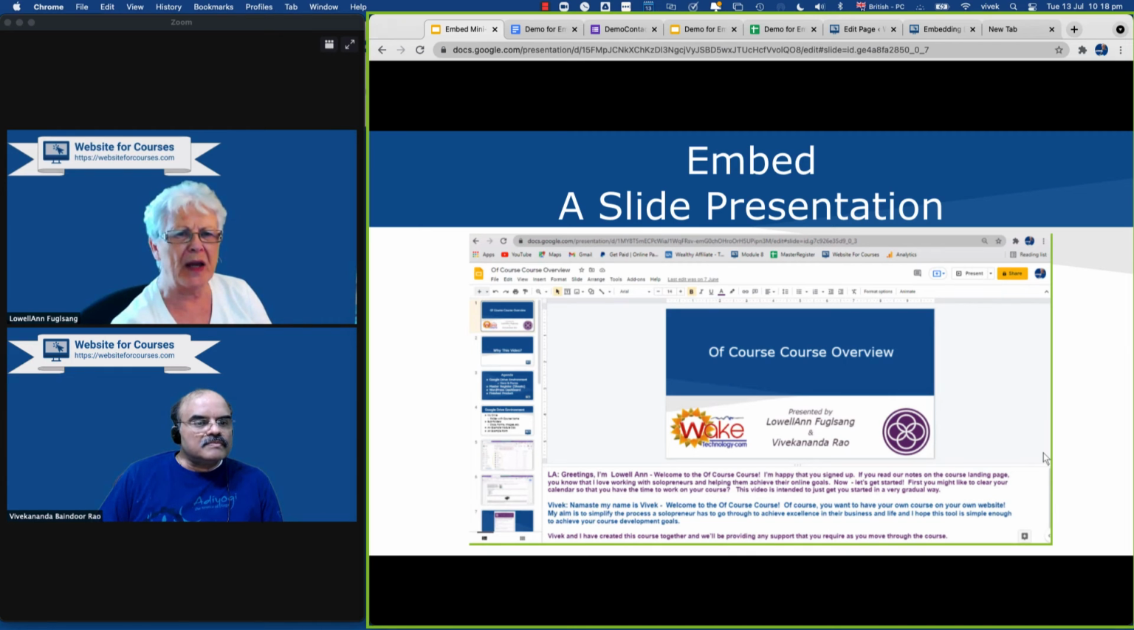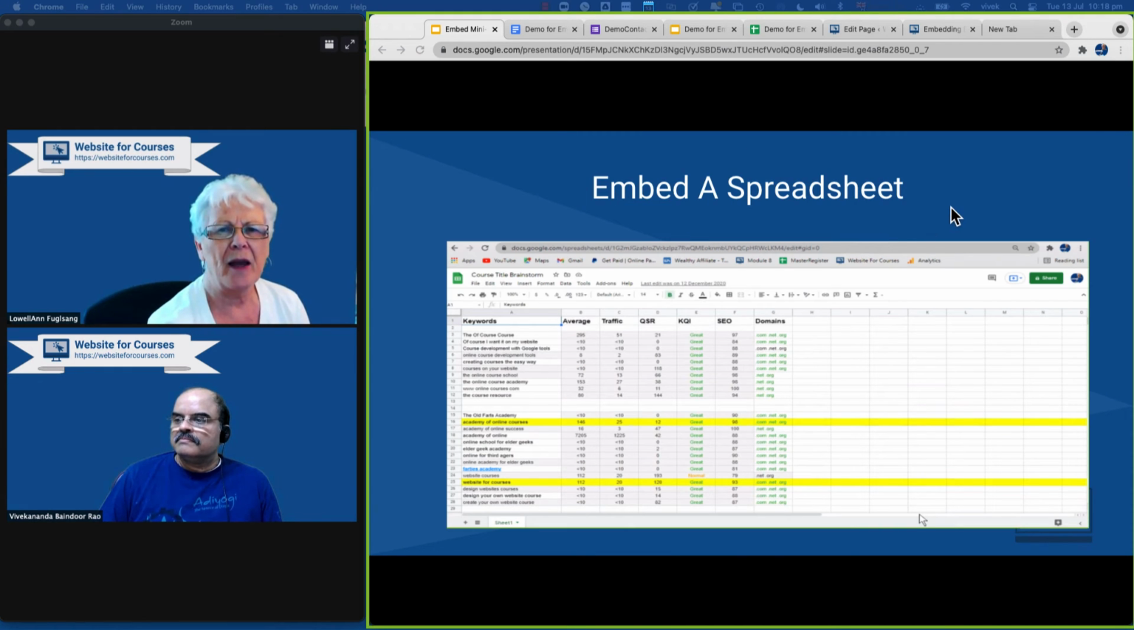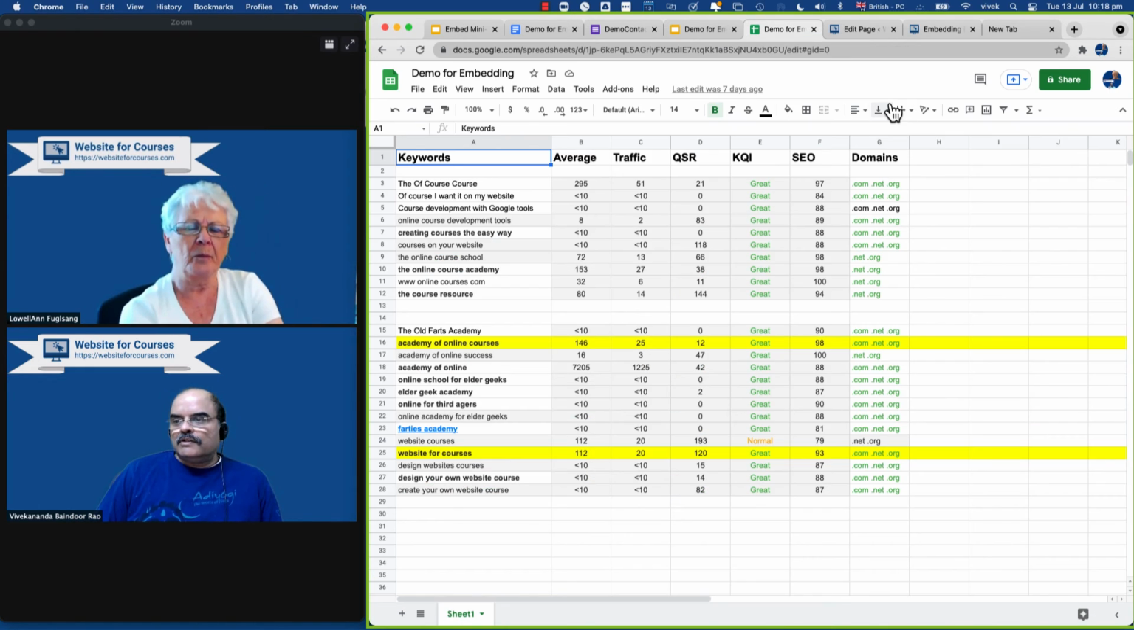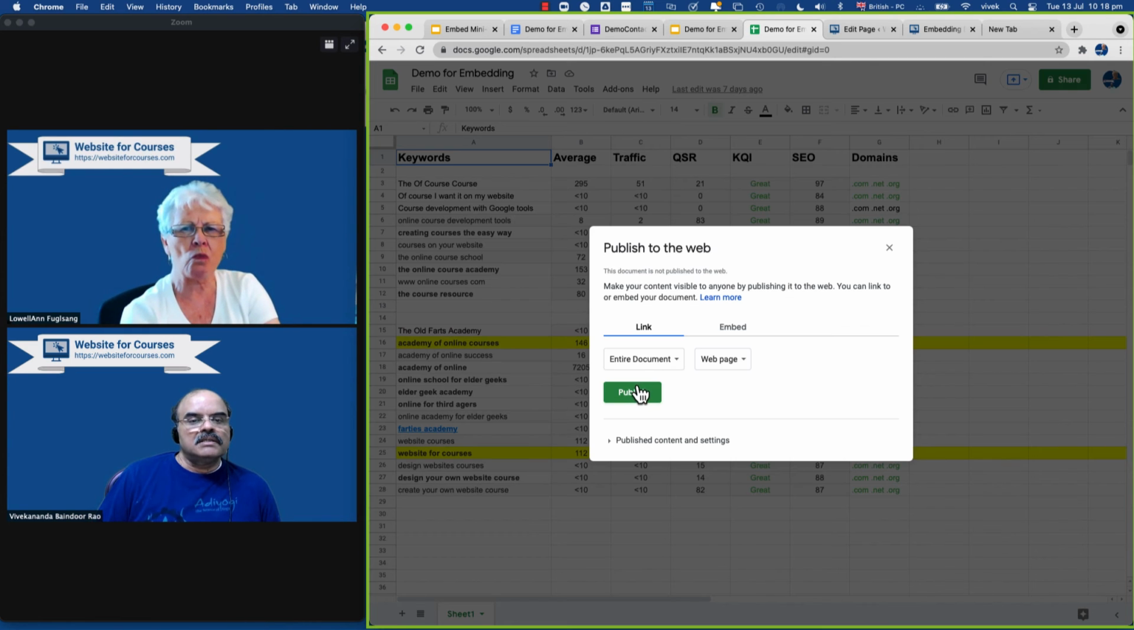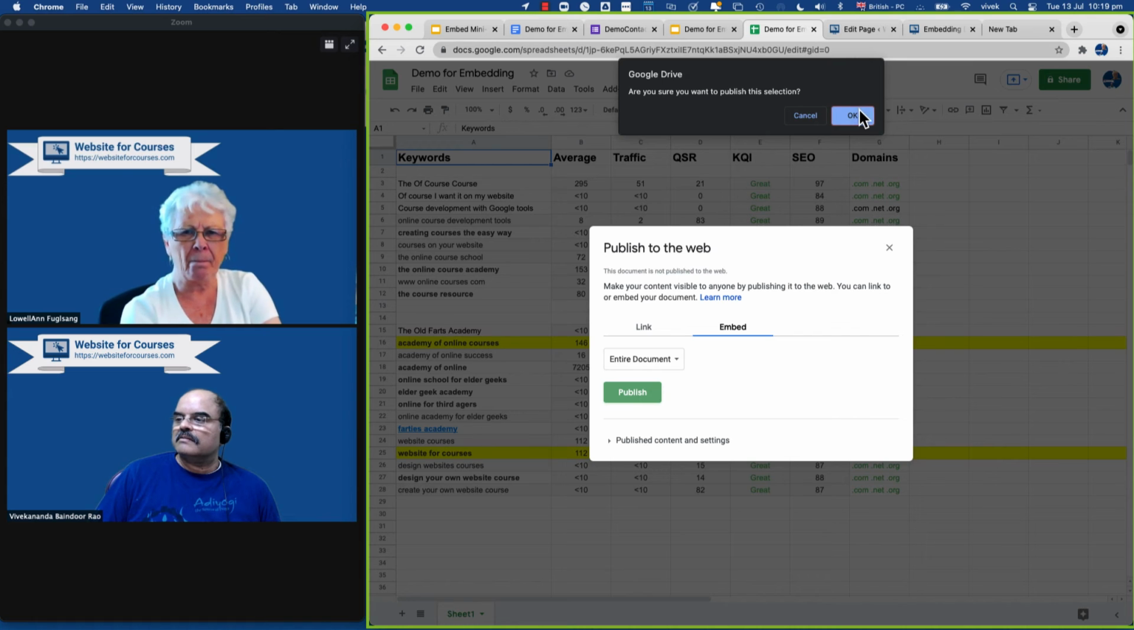Now we're moving on to the next presentation, and that is embedding a spreadsheet. And Vivek, I think you were going to talk about that. Yeah, open the sheet and decide where you want to embed it, on a web page of its own or on a page that already has a doc and or form, etc. embedded. I'm going to use the same page. We again go to publish to the web. Here in file, publish to the web. Select the embed code and publish. It will give you that warning,